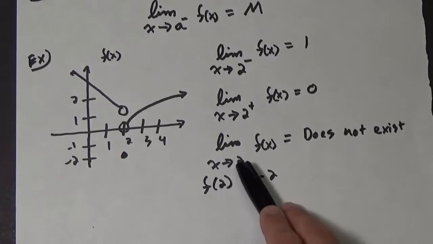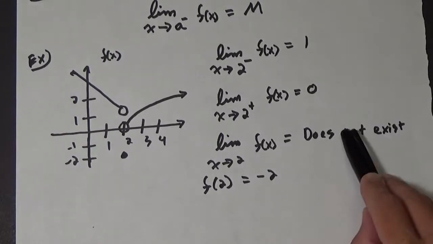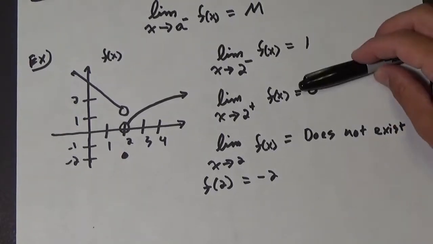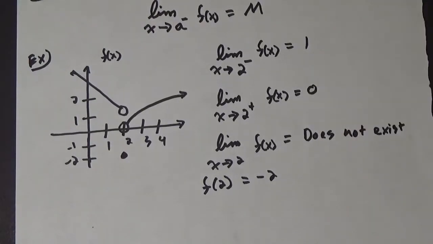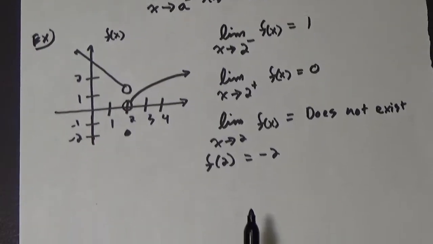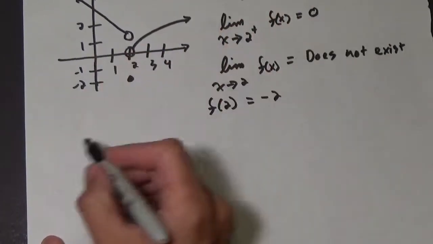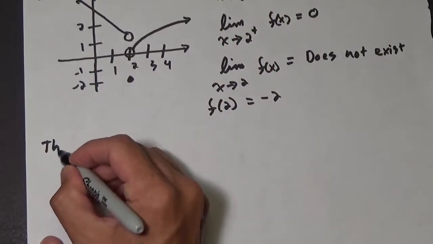For the limit as x approaches 2 of f of x to actually exist, you have to have a right-sided limit, a left-sided limit, and those two limits have to be the same. And so that is our next theorem. This theorem doesn't have a name, it's just called